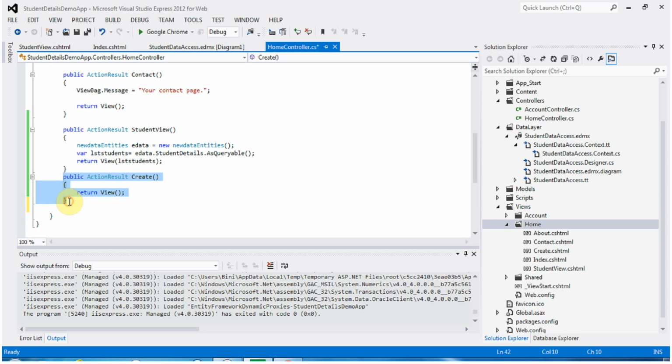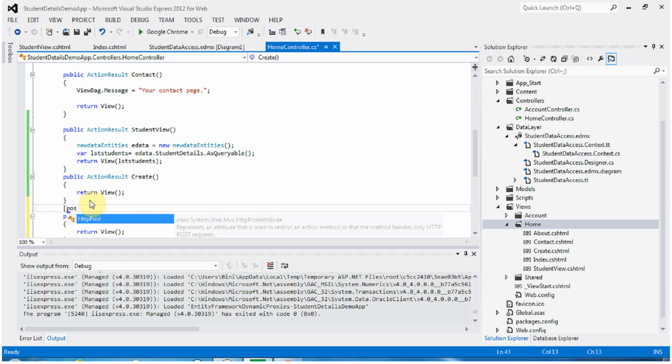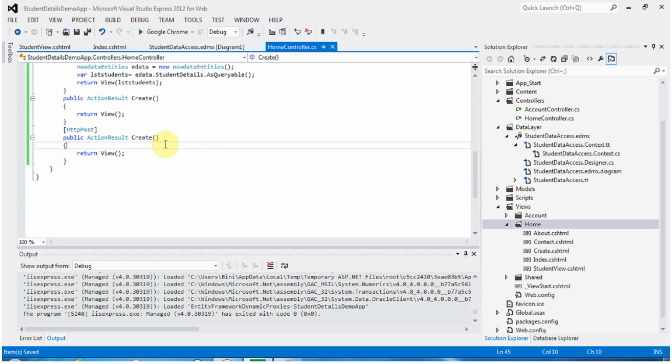To do that, just copy and paste the same thing, and change this to HTTP post. So when the user enters first name, last name and student ID, we will receive that model here. So what we're going to do is make student details as a detail,